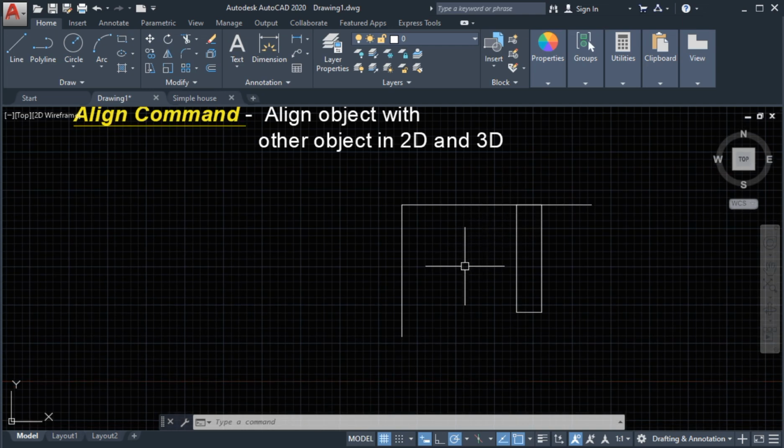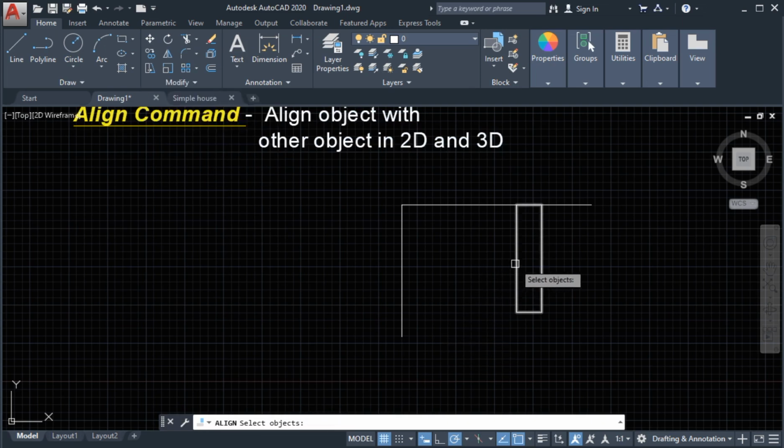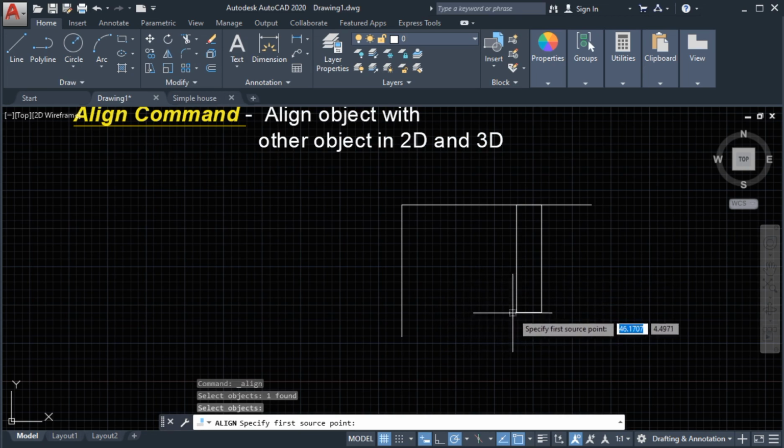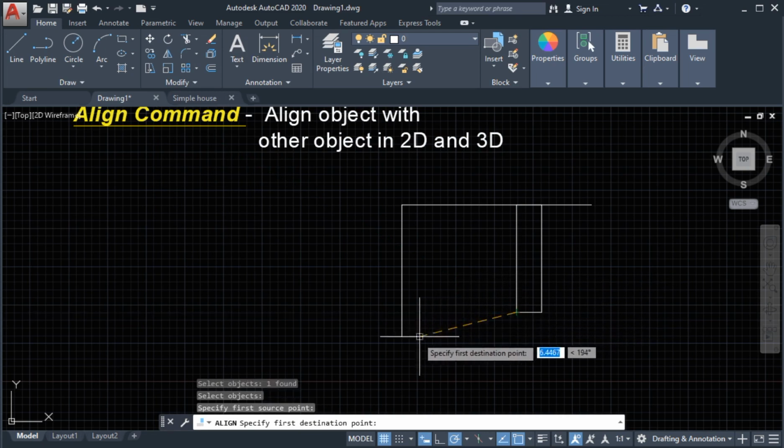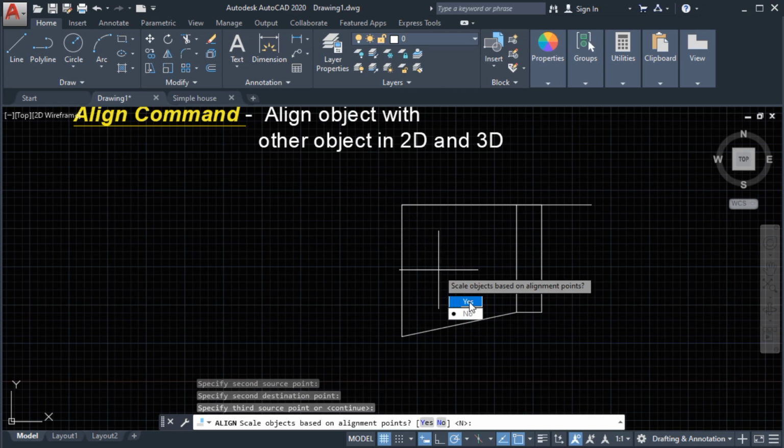So last, we are going to use the scale object option. We'll select the align command, and then select the object, enter, and then for our first point we'll select here, and this will be our point, and for the second we'll select here, and this here our point, then enter. So now we're going to select yes. This will scale the object based on the alignment point.